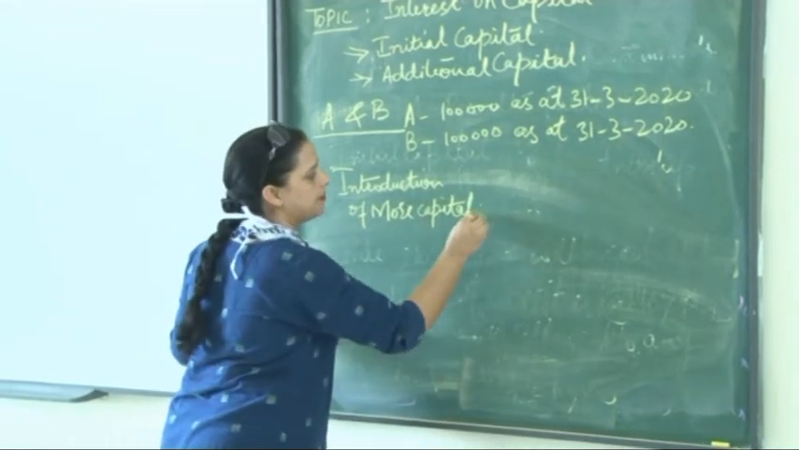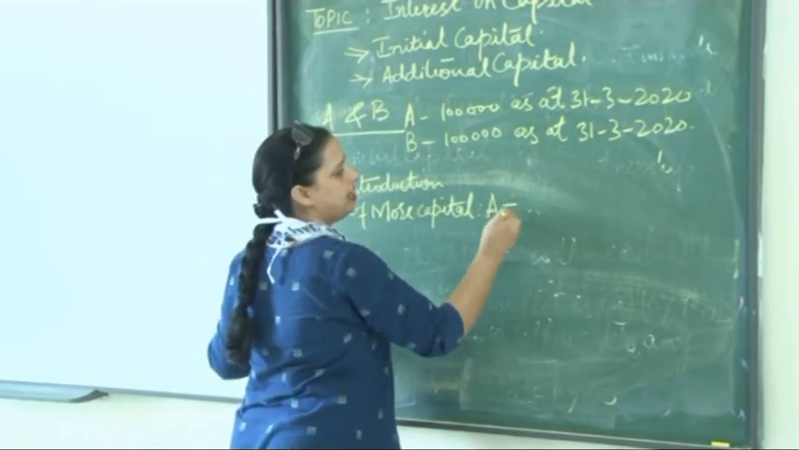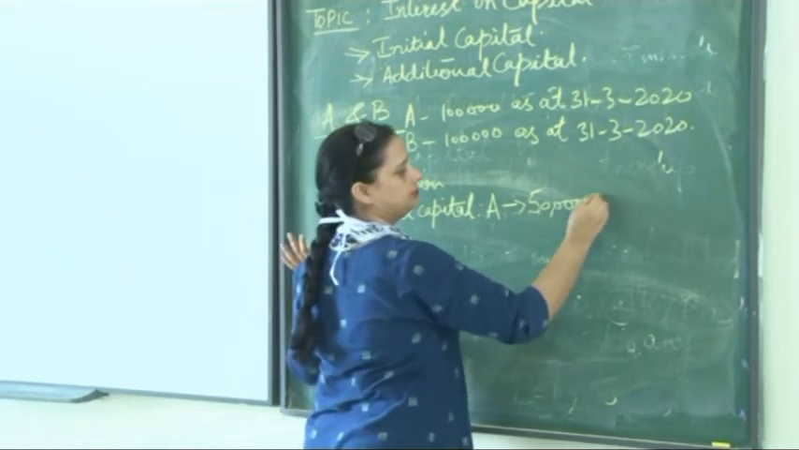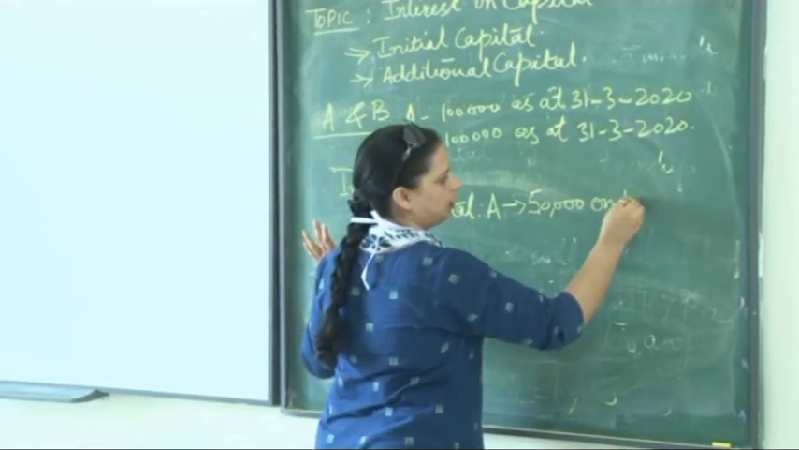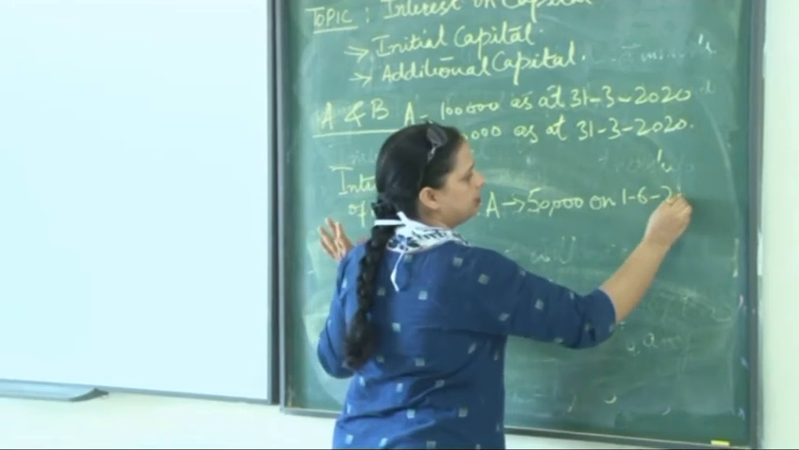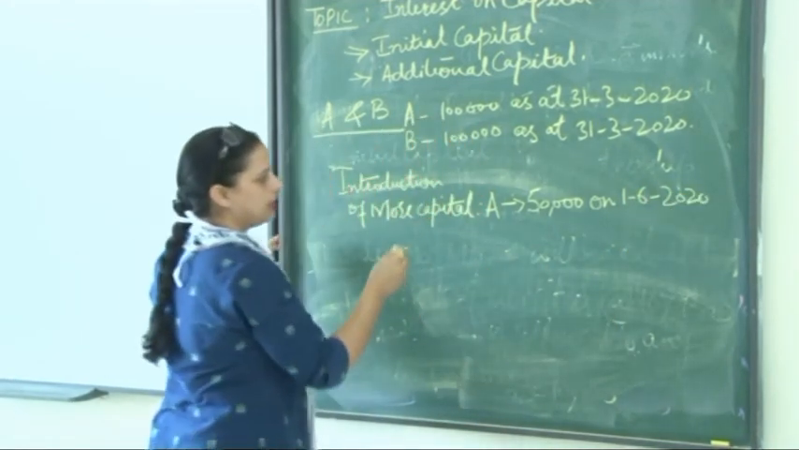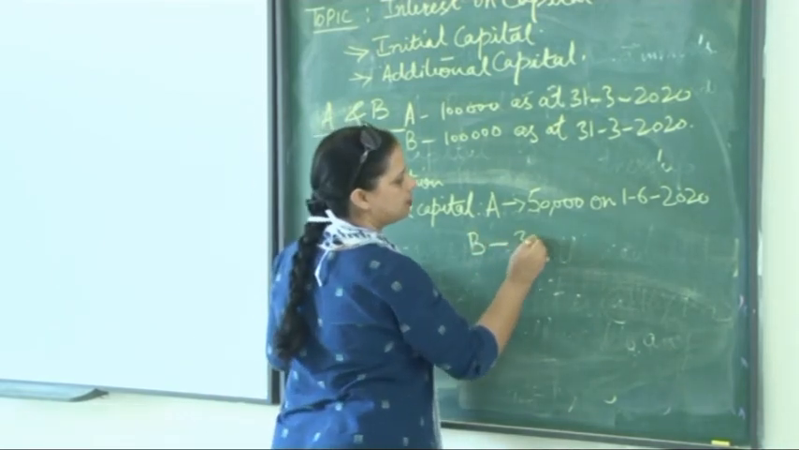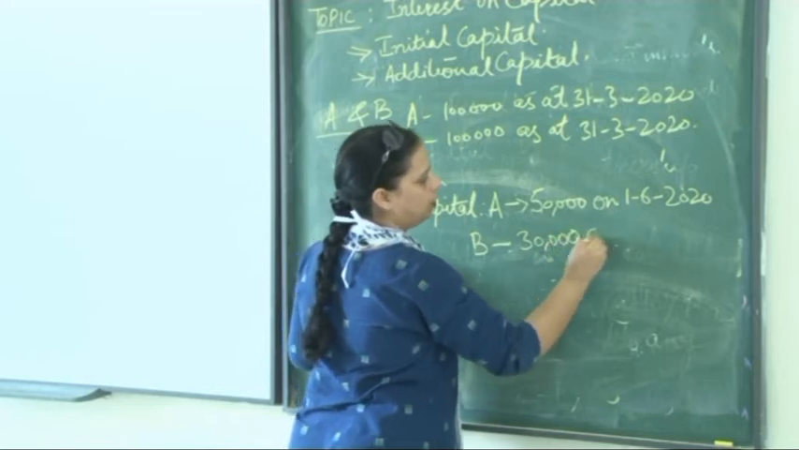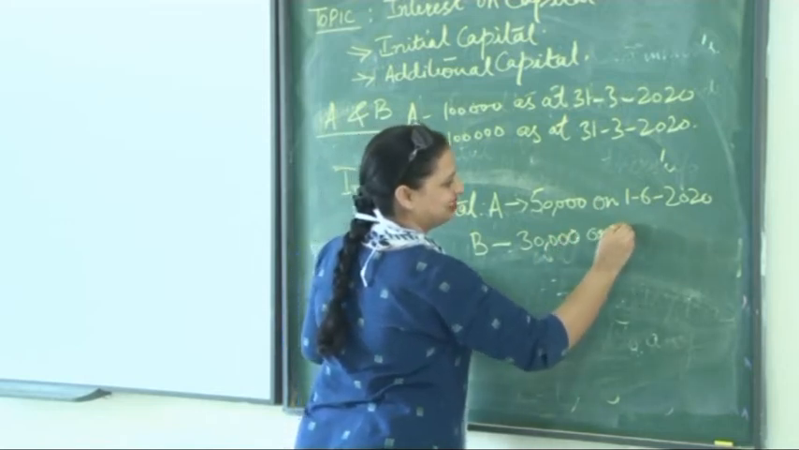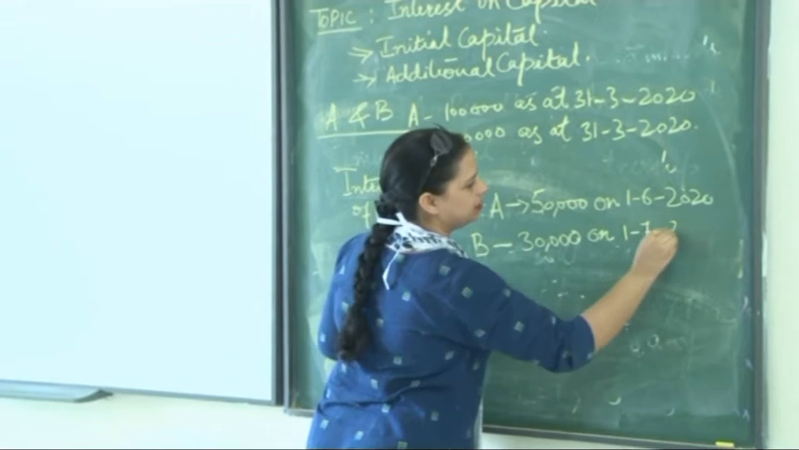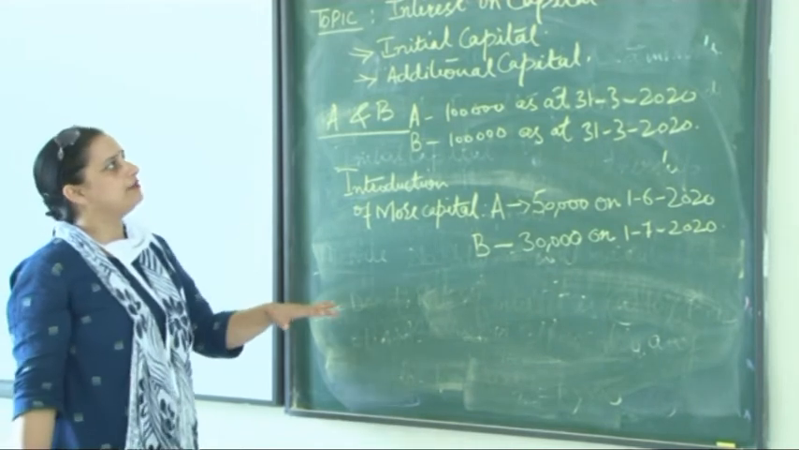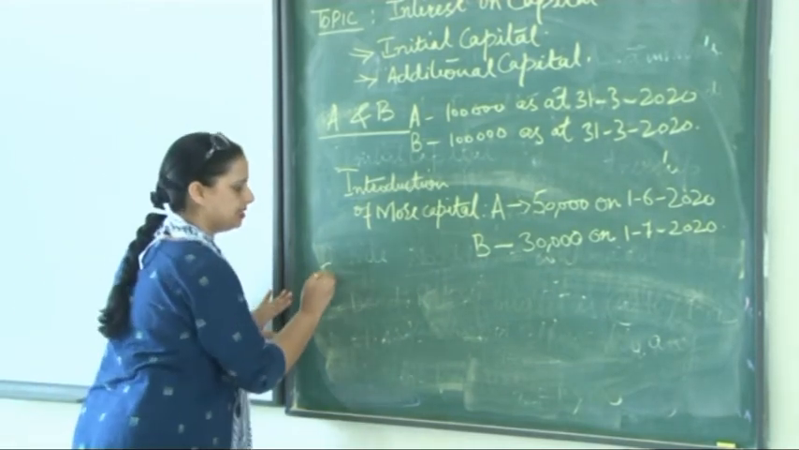Introduction of more capital by A. A introduced 50,000 on 1/6/2020 and B introduced 30,000 on 1/7/2020. At the end of this year, at the end of this financial year, our financial year